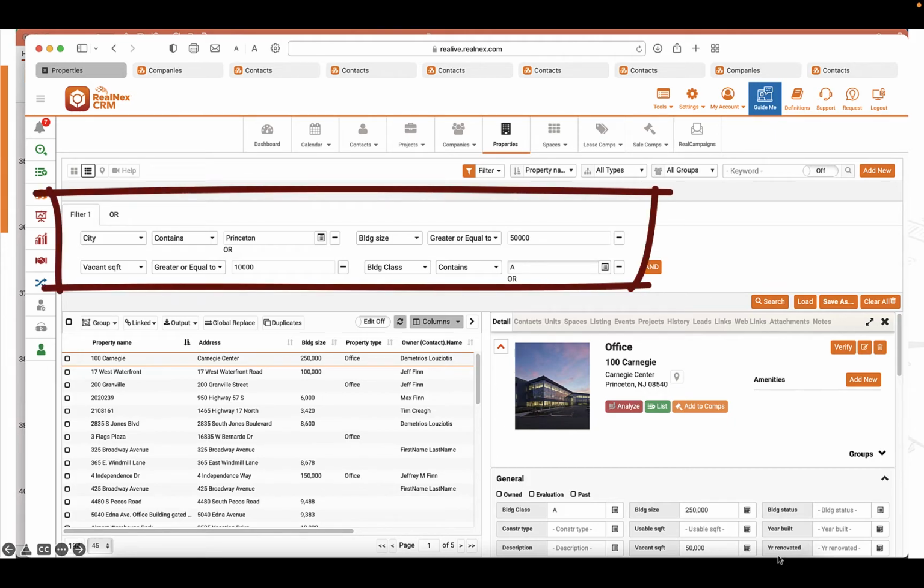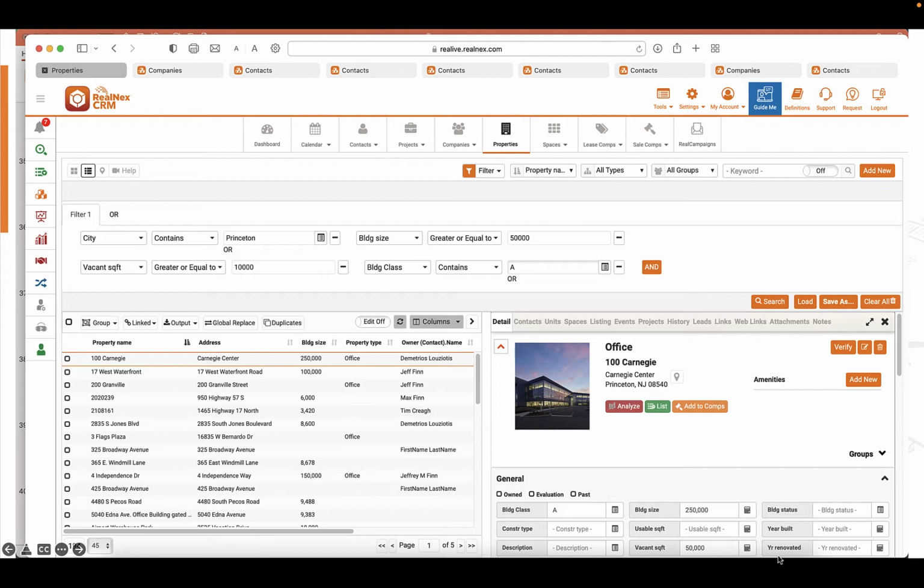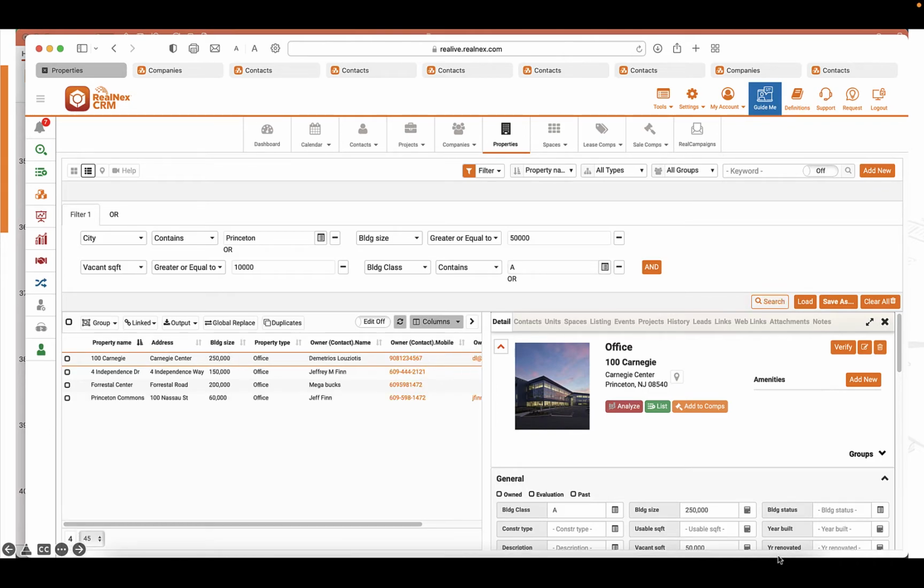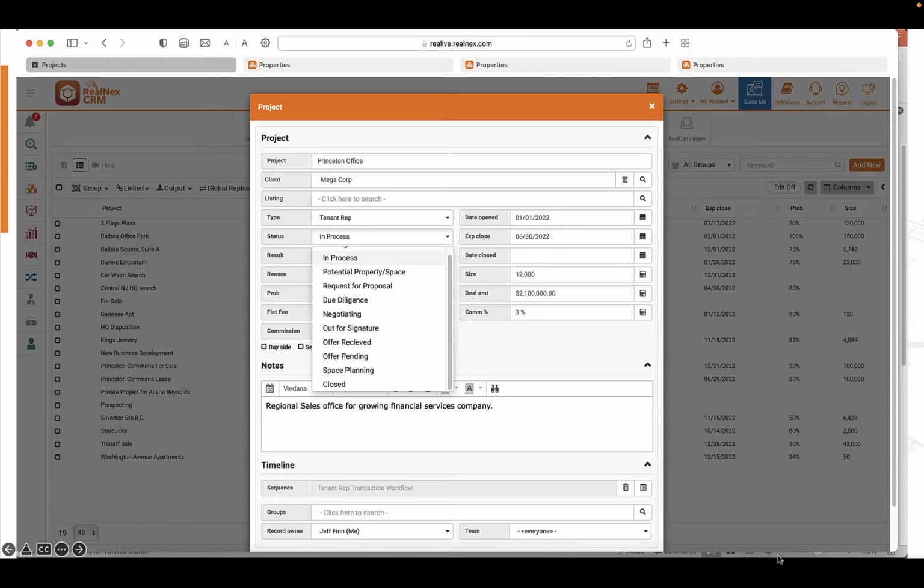Here again, we'll use our filters in our property database to see buildings above 50,000 square feet in Princeton that have 10,000 square feet or more available. And there'll be a Class A office building for this particular client. This gives us 4 different alternatives to work with that we think are best, and we'll add them to the